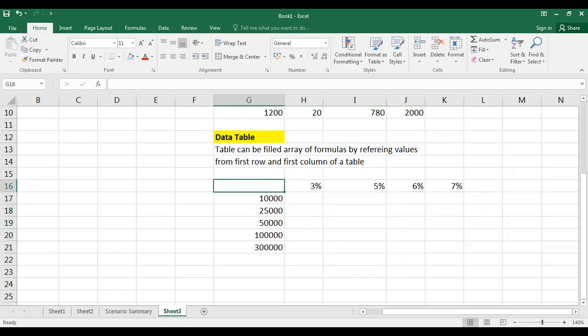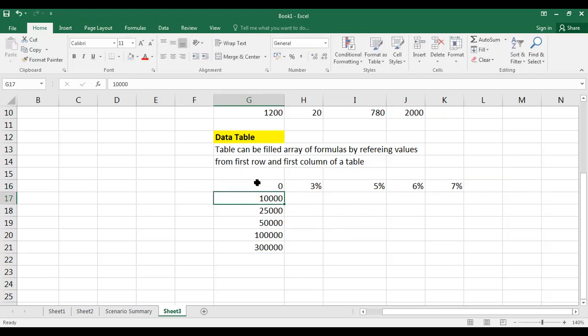Now, what is your formula? You should mention it in the left corner of the table. The left corner of the table is used for the formula: equals the last row of that column multiplied by the last cell of that row. So it's basically a multiplication process. You could observe that there should not be any empty cells. The first column and first row must be filled with some values, and how it should calculate, that model you have to give in the left corner.